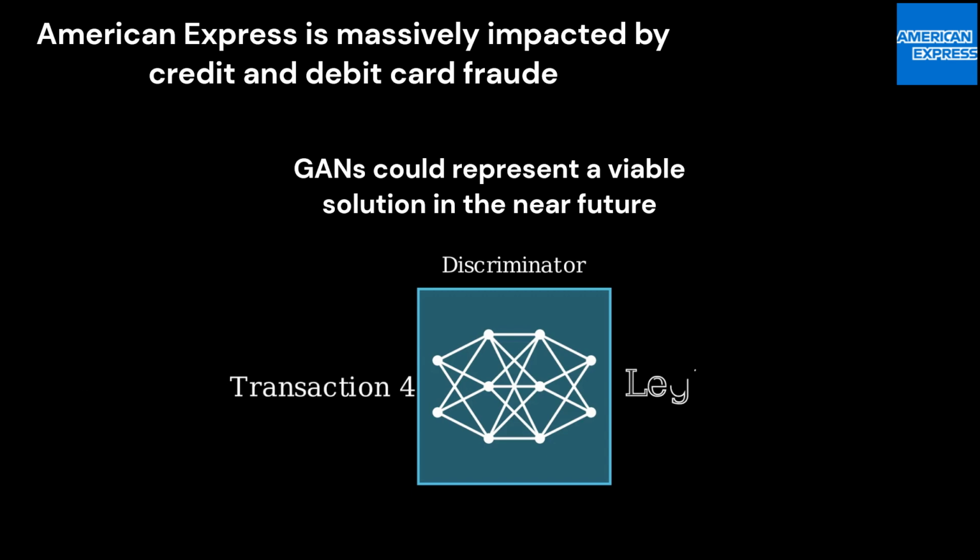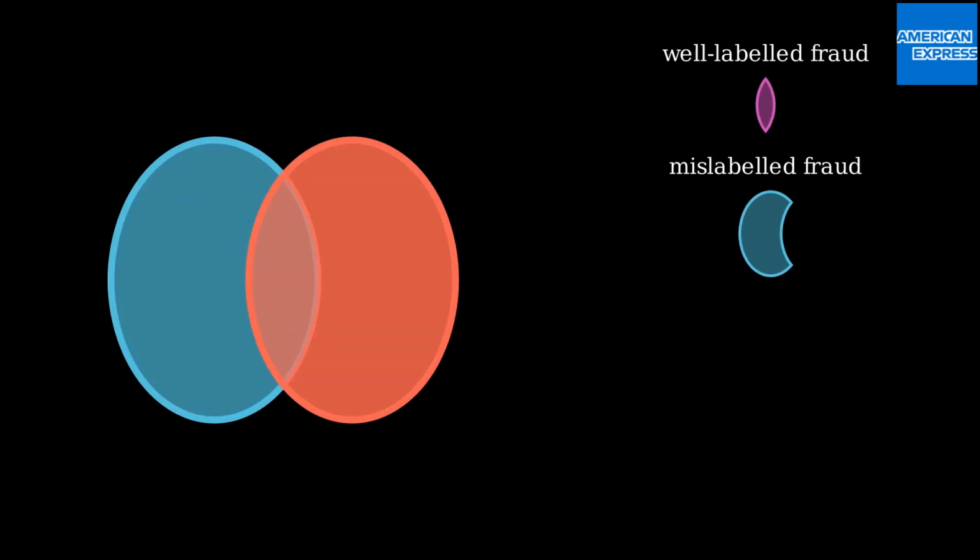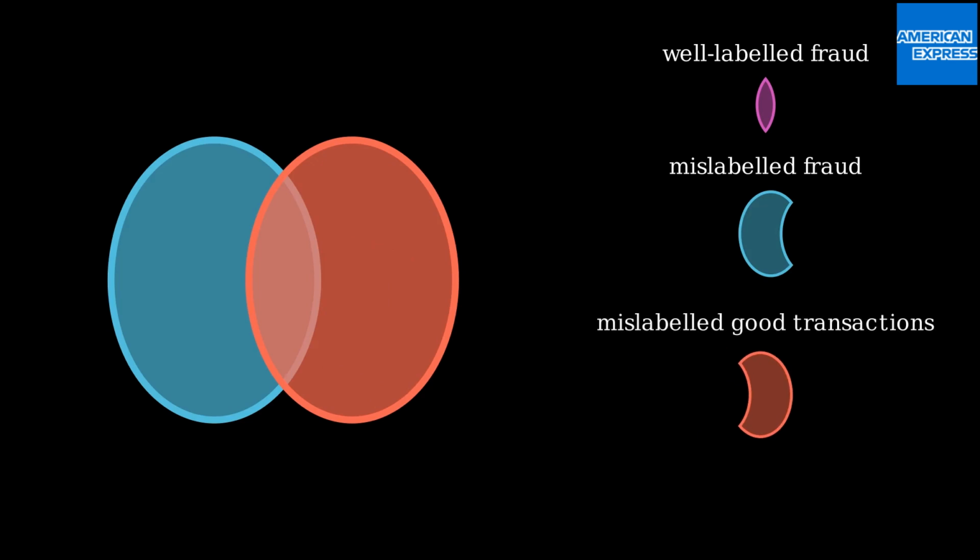The problem with training fraud detection models on real-world data is a problem called class imbalance. To make it simple, the goal of the model is to take in input information about transactions and classify it as a legitimate or a fraudulent transaction. But the major problem when you train with real-world customer data is that the data labeled as fraudulent are only the detected fraud. It means that the number of frauds is underestimated in the data set because the company is not able to detect all the frauds, and in addition, data labeled as legitimate in the data set are